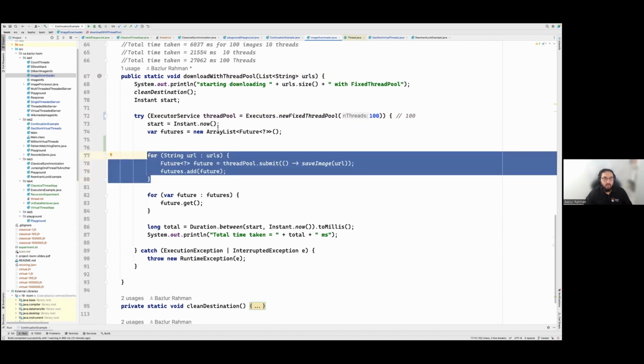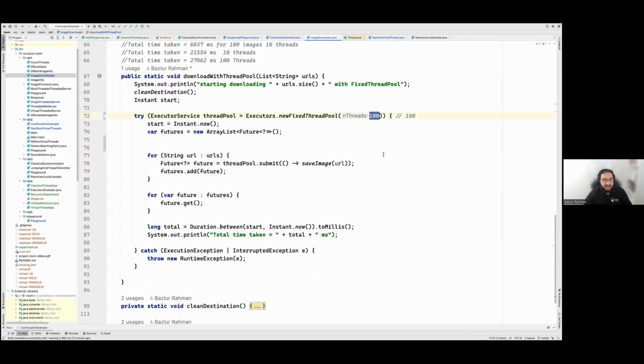But what happens is, since we have 100 threads available in this thread pool, at a point of time only 100 URLs can be fetched, right? Because let's say I call a URL and there is a waiting time, there is a network delay, latency over there. Let's say 100 millisecond delay for each fetch operation from the network.